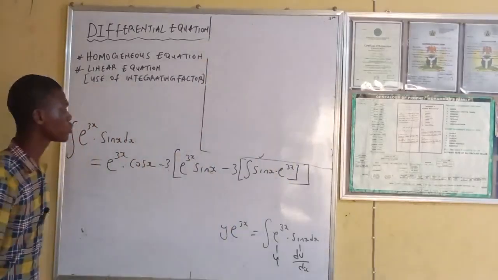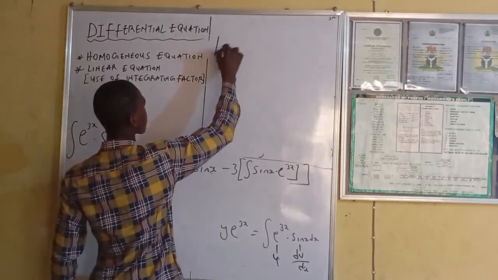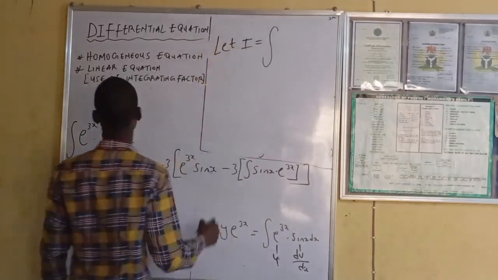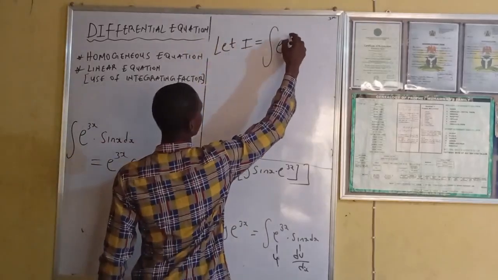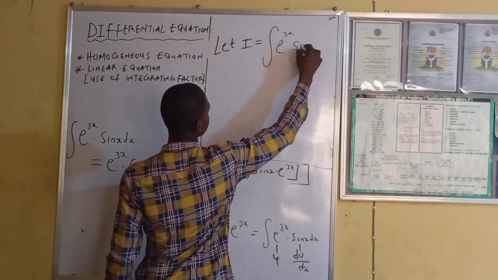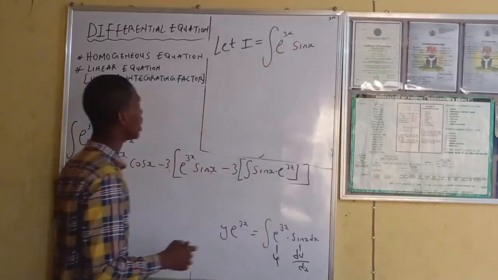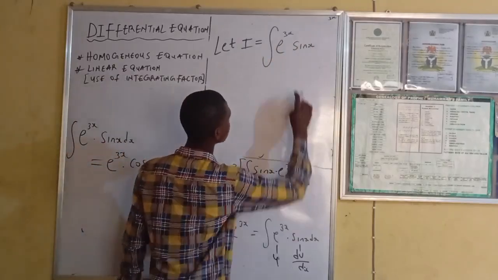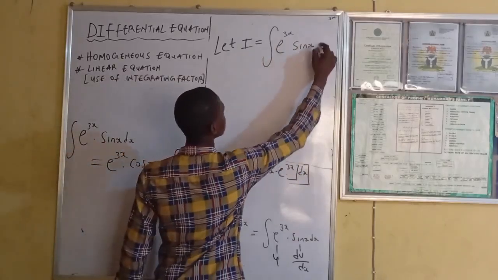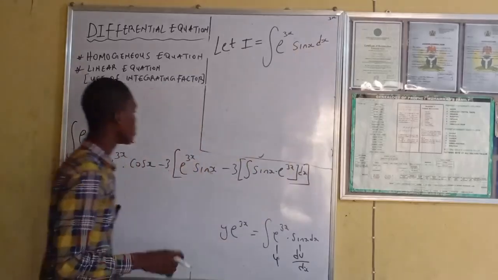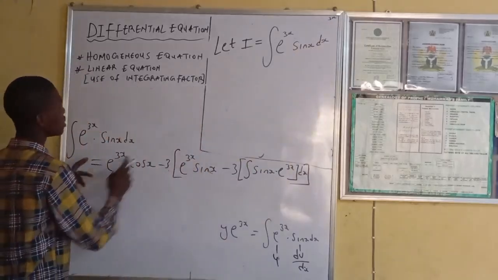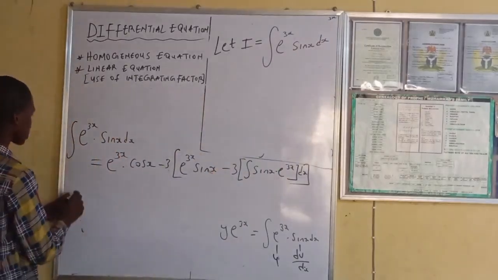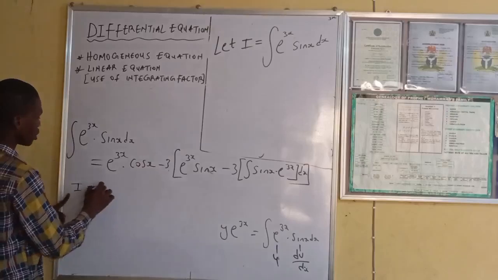Meaning you can do an absorption that. Let I equal the integral of exponential 3x sine x dx. There is dx here. Exponential 3x sine x dx. Meaning anywhere you see this expression, then what will be there? I. Right? So we are saying that I is equal to exponential